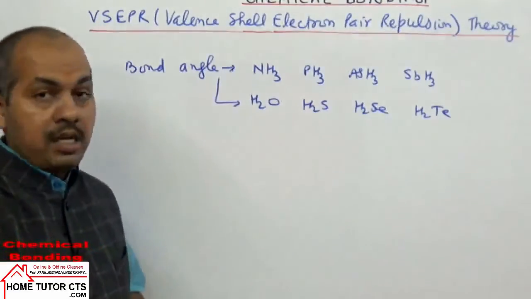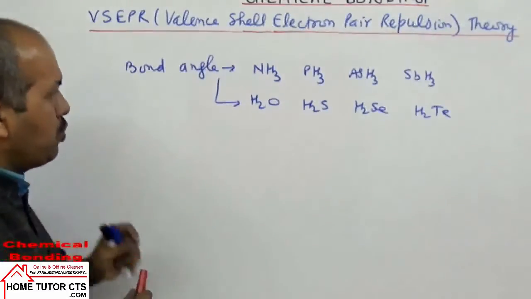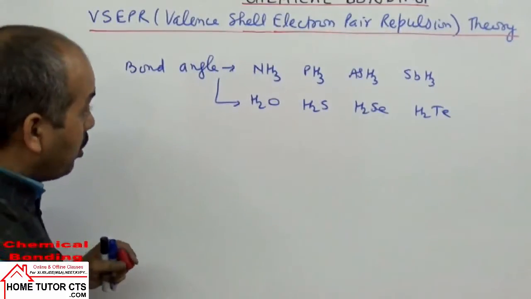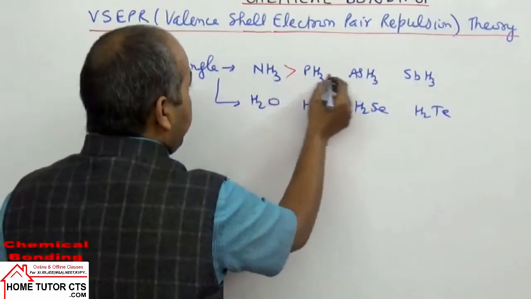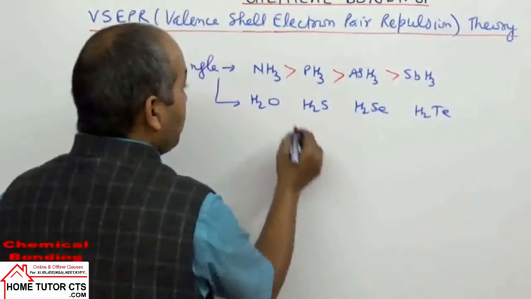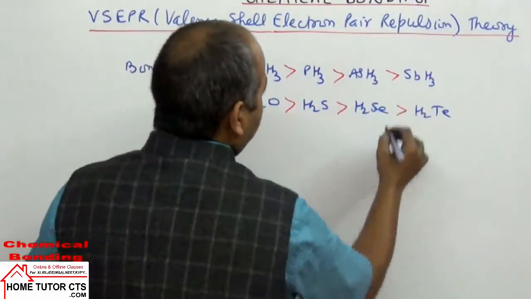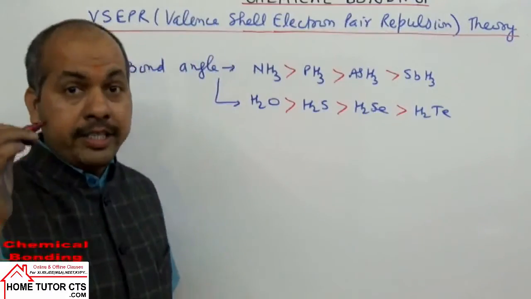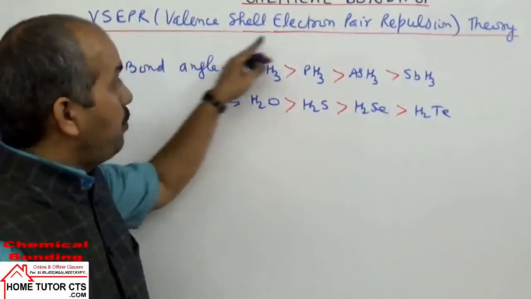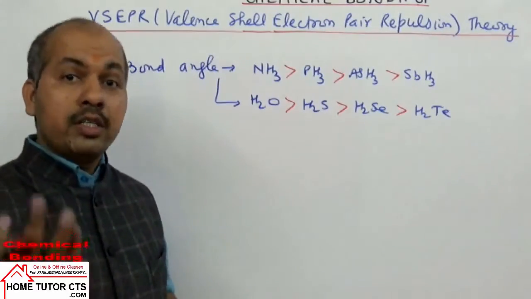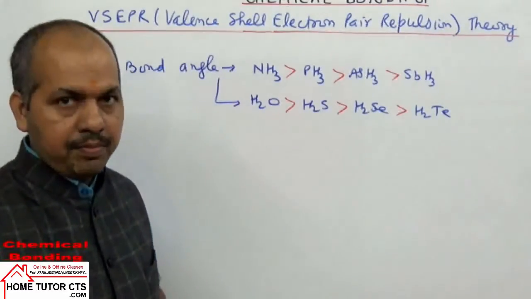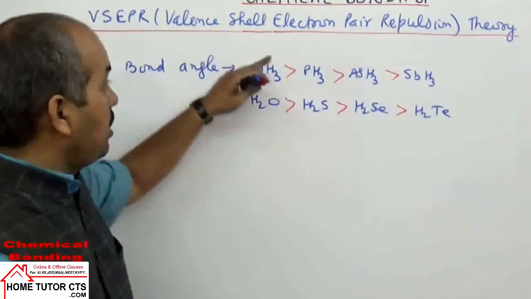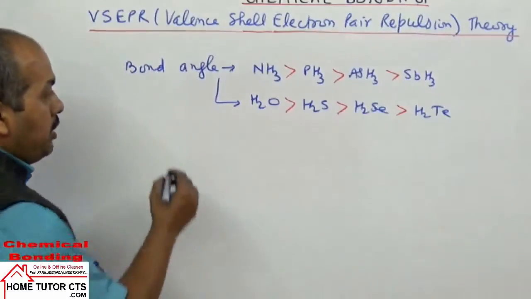Now coming to the answer part. See, this is one easy question. To compare the bond angle in this case, what you can see here is that in both the series, the bond angles are decreasing on moving down the group. One reason can be explained in terms of VSEPR theory. One more reason is there, which I will explain to you after hybridization. Let us take the first reason in terms of only VSEPR theory.